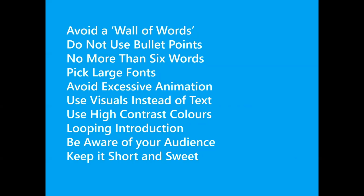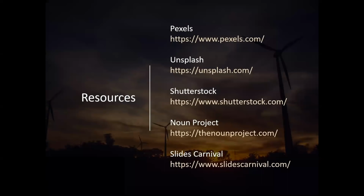So those are kind of the 10 golden rules. Hopefully that will give you something to think about the next time that you create a presentation. All right, now I did mention that I was going to show you some resources for some free images, and